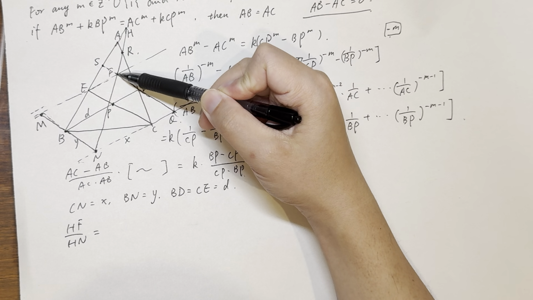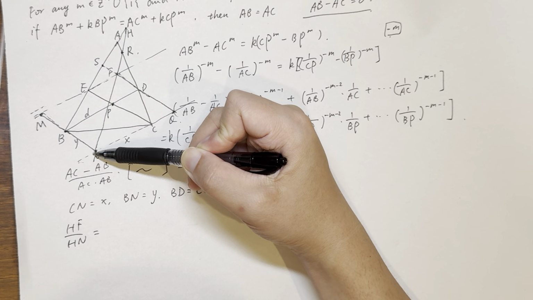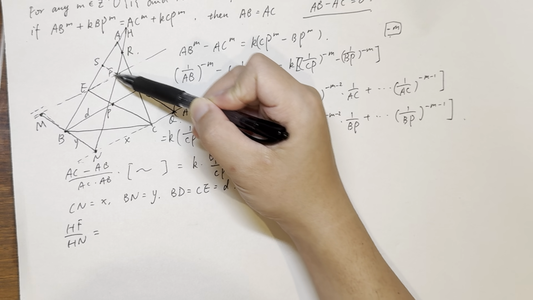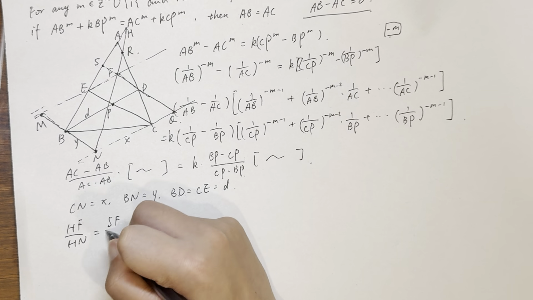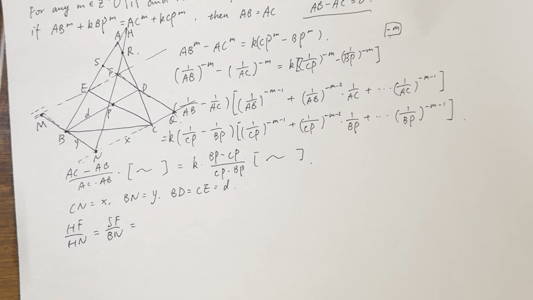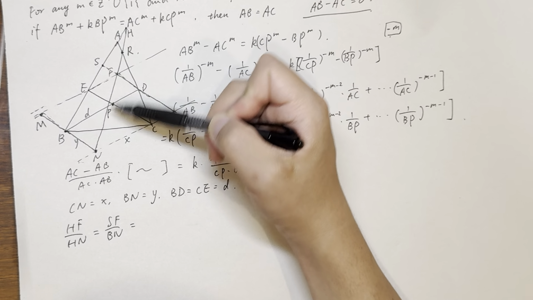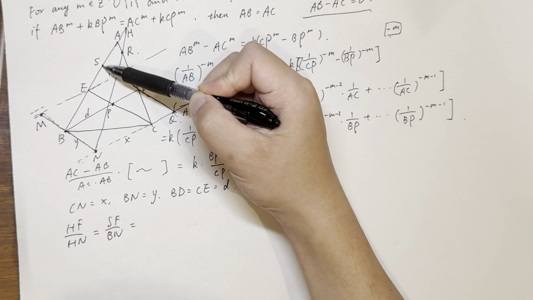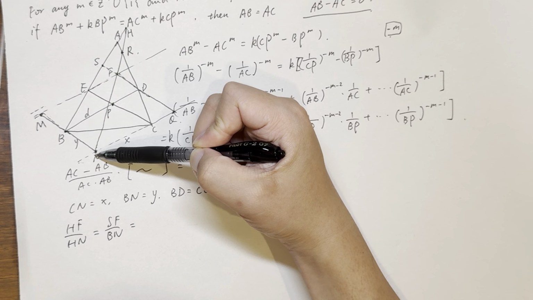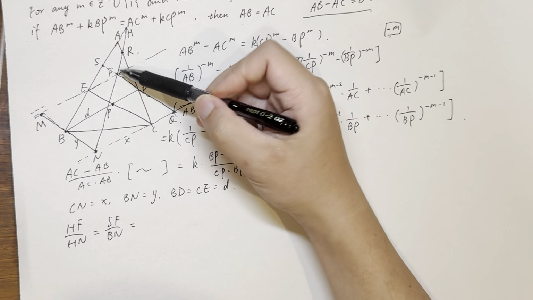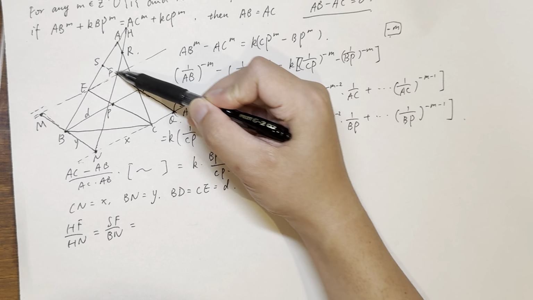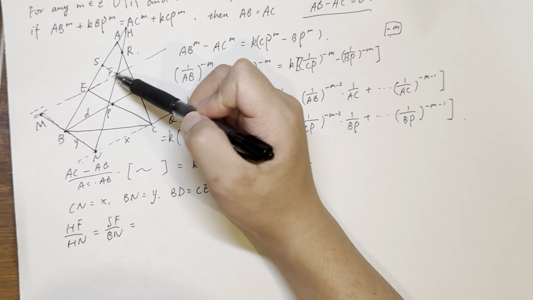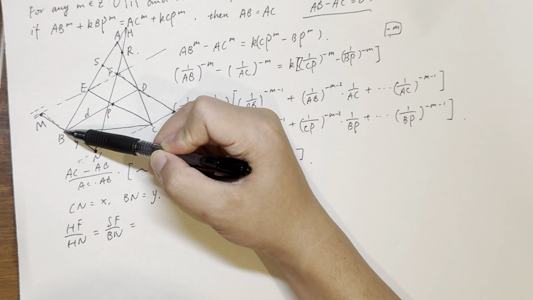So HF to HN equals SF to BN, which equals, see, HF to HN equals SF to BN, right? So SF to BN, we don't know the distance of SF, but we know that SF is parallel with